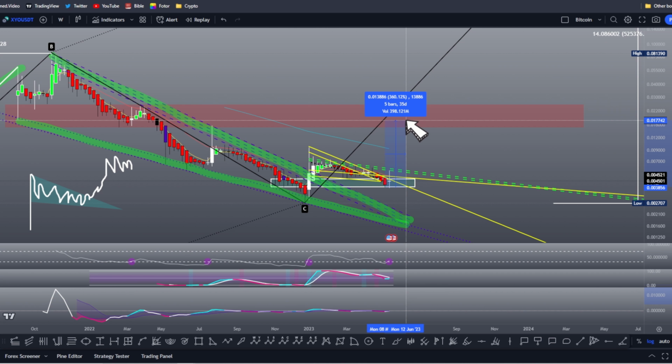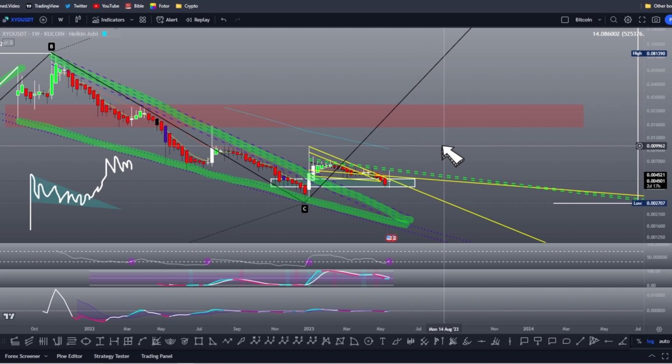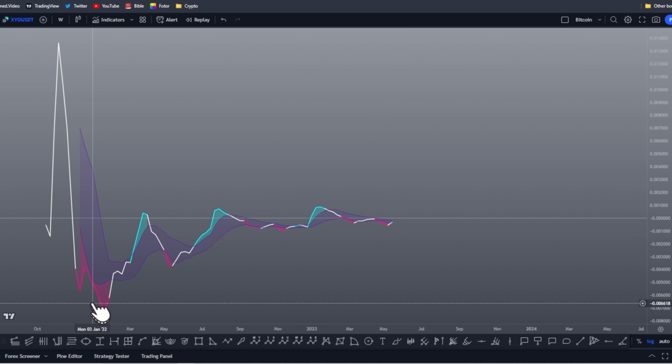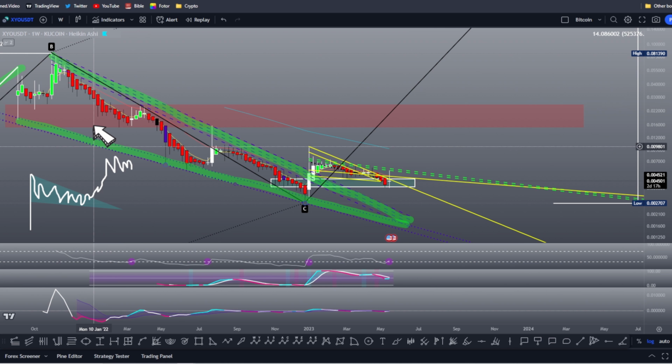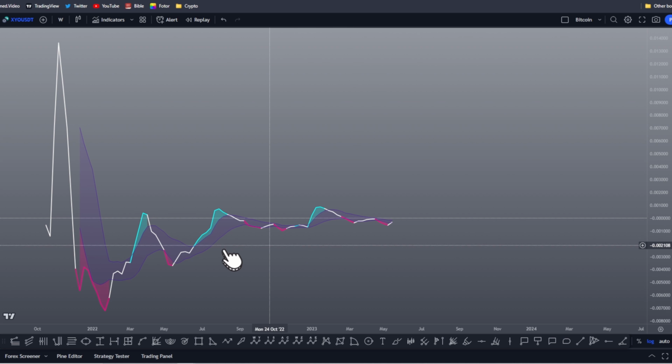That puts us all the way just shy of where I've been pointing out, a penny and a half to 2.5 pennies. So essentially meeting this red box that I've been pointing out for quite a long period of time at this point. But also the fact that this MACD has been building up since January of 2022. We're kind of reaching the end point, I believe, of this build-up, this consolidation, obviously oriented towards the upside, towards this 0 point, converging upon it